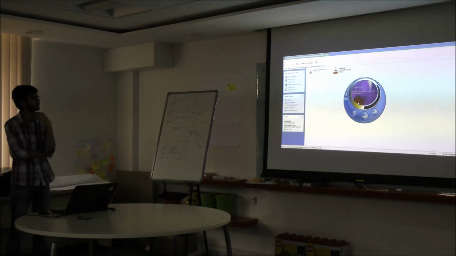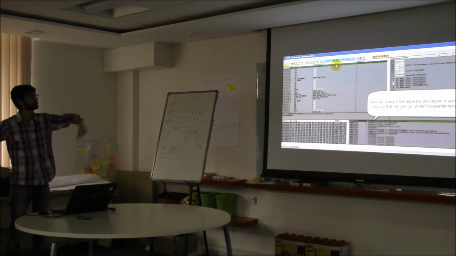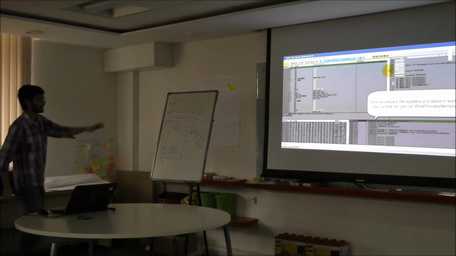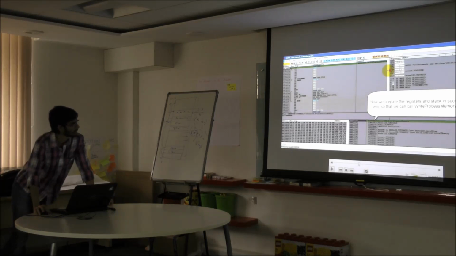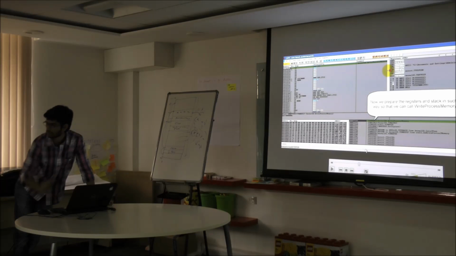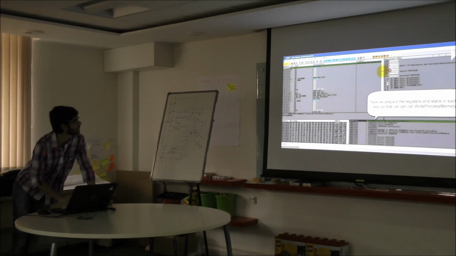I will land into the copy AX, instead of using jump ESP or something like that. And my payload, in the previous example, what I did was I overwrote this with my payload, and then I used the jump ESP so that I land here and execute this. But right now I am not doing that. I am using these pop ret gadgets, and then finally I will add something here, and then finally I will create my stack frame for WriteProcessMemory. So let's see how this goes.